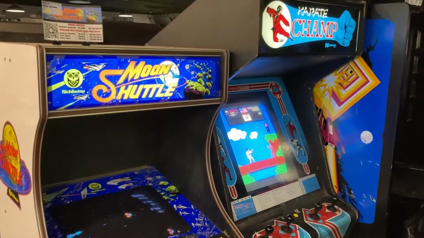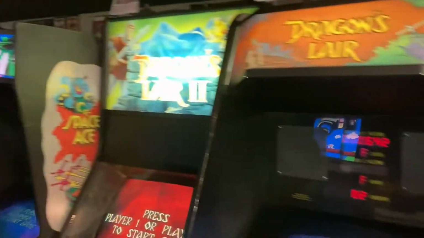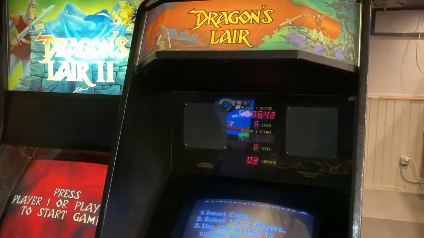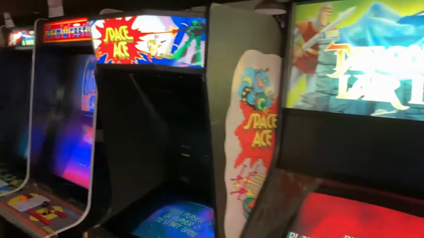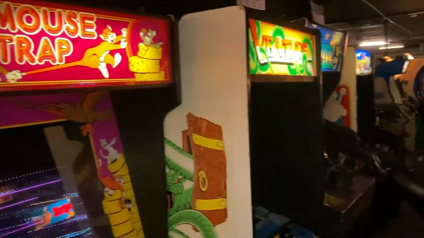And making our way back down the aisles, got Moon Shuttle, Karate Champ. Karate Champ's another one I used to play with my dad all the time. There's Dragon's Lair 2, and Space Ace. Tunnel Hunt, Interstellar, Mousetrap Adventure,